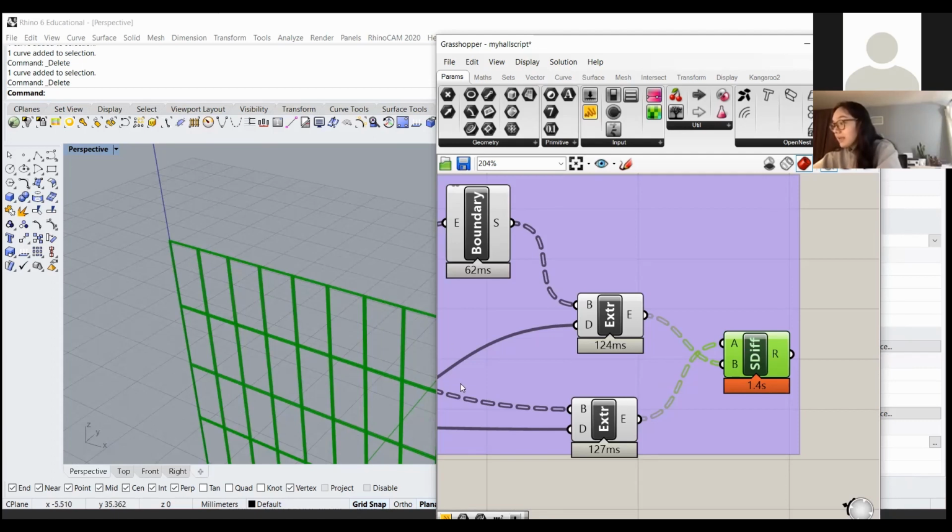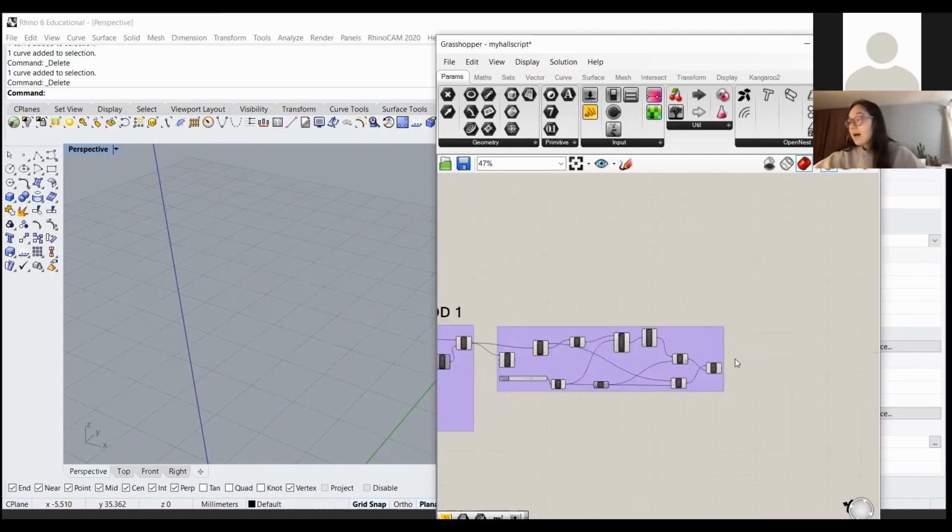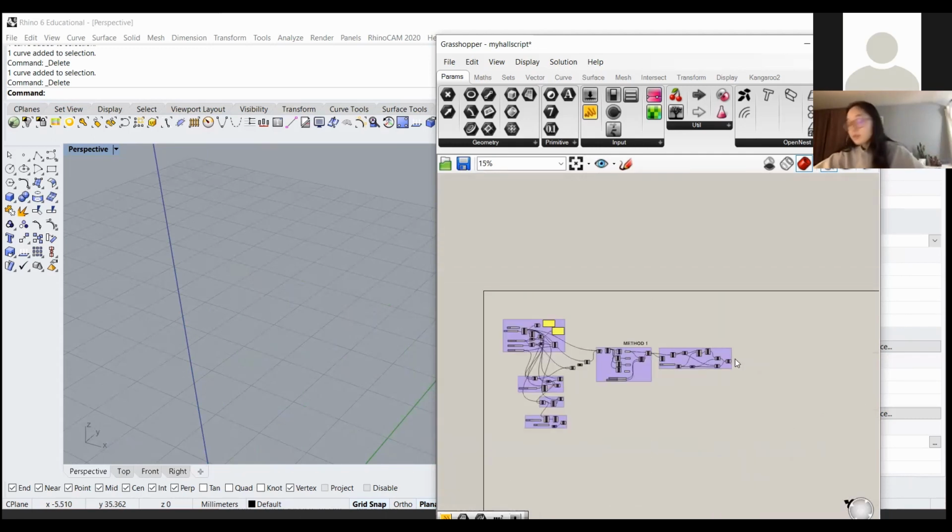And again, you can bake it. You can bake everything into Rhino. You can also apply the same facade to the other faces, the other facades. But that's basically it. This is just one way of doing it. There's a lot of different ways that you can do it. There's a lot more you can do with Grasshopper. This is just the beginning. But yeah, I know it's a lot of information at the start. So yeah,